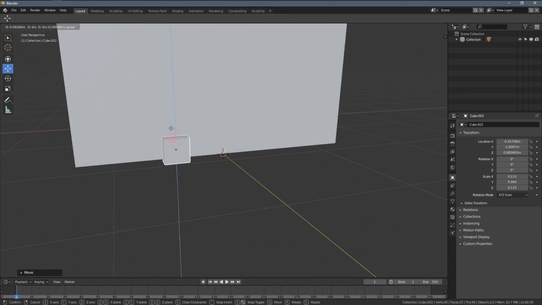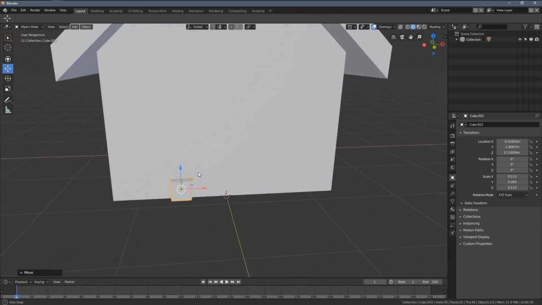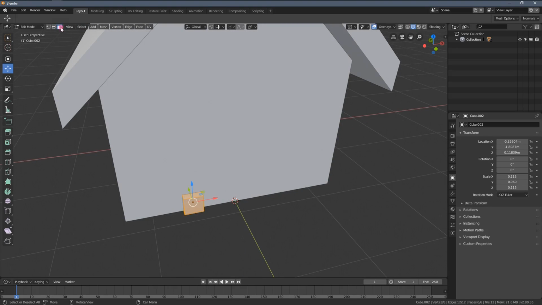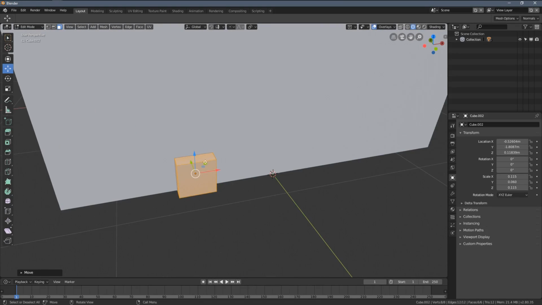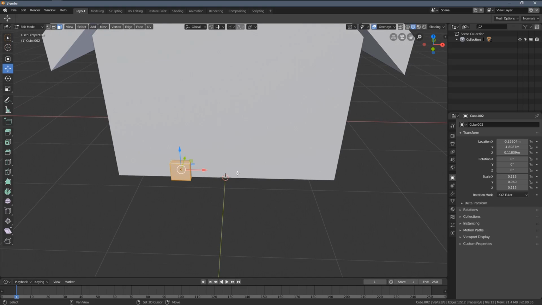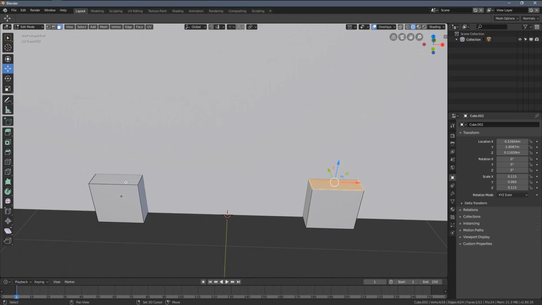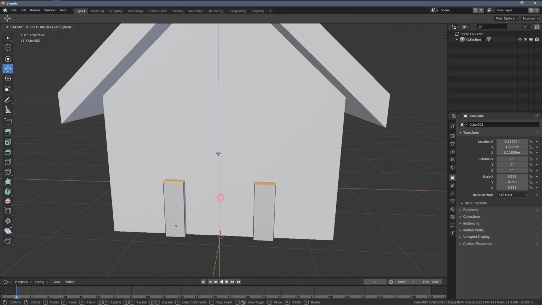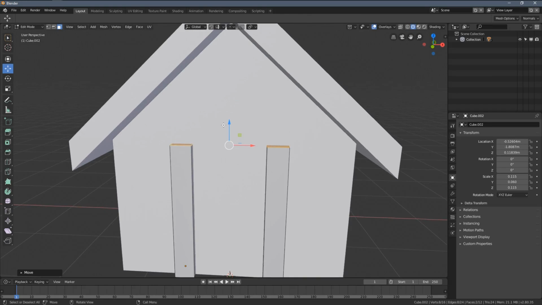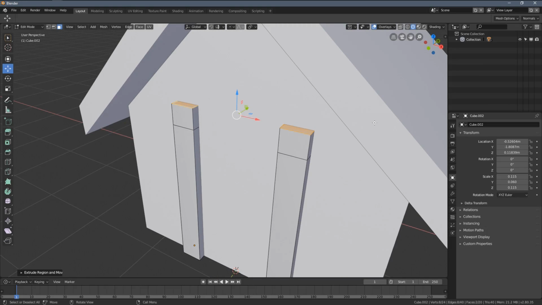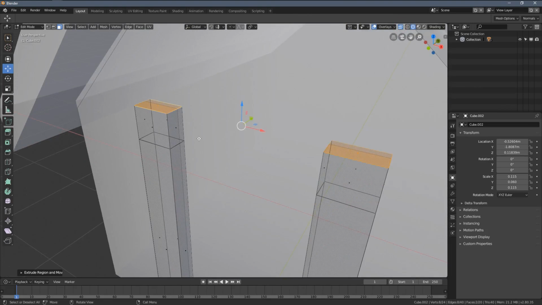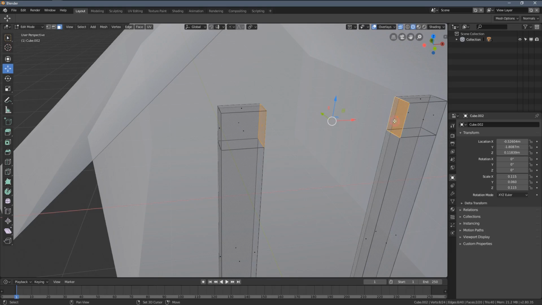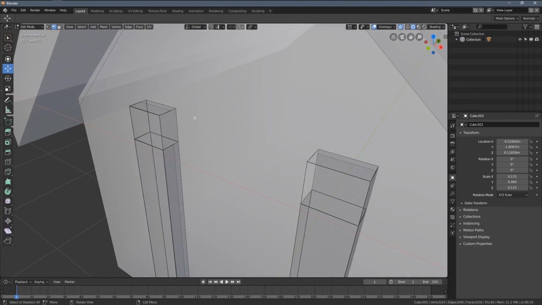So with this basic shape like that, I'm gonna enter the edit mode, select the top face, or maybe I will just duplicate it first. Yeah, let's do it like that. Now I'm gonna select those two faces and move them upwards. And now I'm gonna press E key, so we have something like this. I'm gonna switch on the X-ray mode to have an easier selection of the faces, and I'm gonna repeat the steps from, I think,